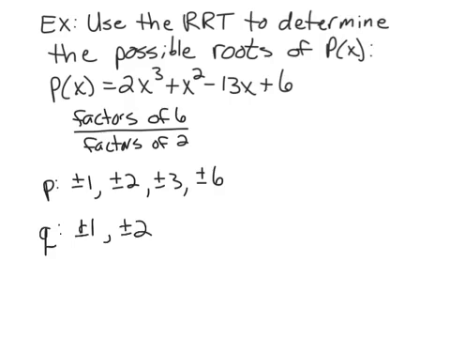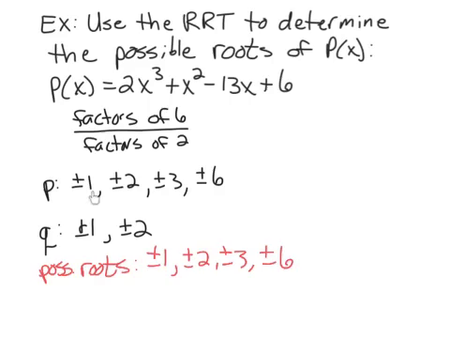So then what we have to do is create a ratio, all the possible different ratios between these numerators and these denominators. Well, we'll just keep the plus minus with every one so we don't have to write all the positives and then all the negatives. If I take each numerator and put it over plus or minus 1, I just basically get all of these values again. So possible roots, I'm going to write them out here. The possible roots start with plus or minus 1, plus or minus 2, plus or minus 3, plus or minus